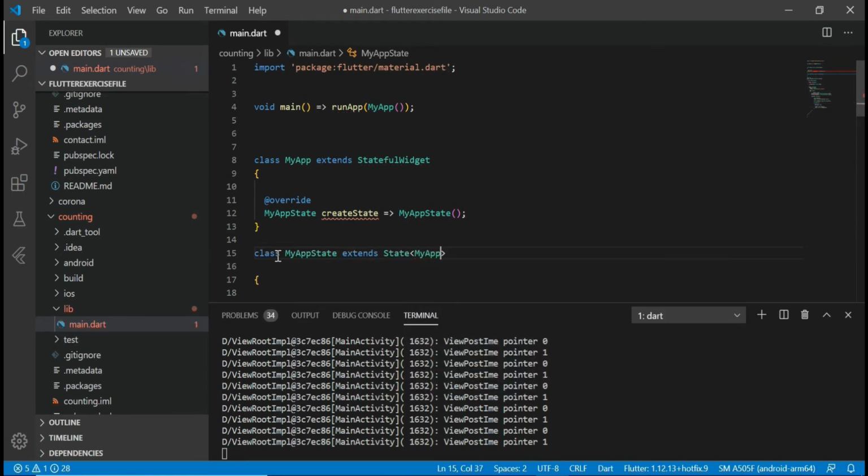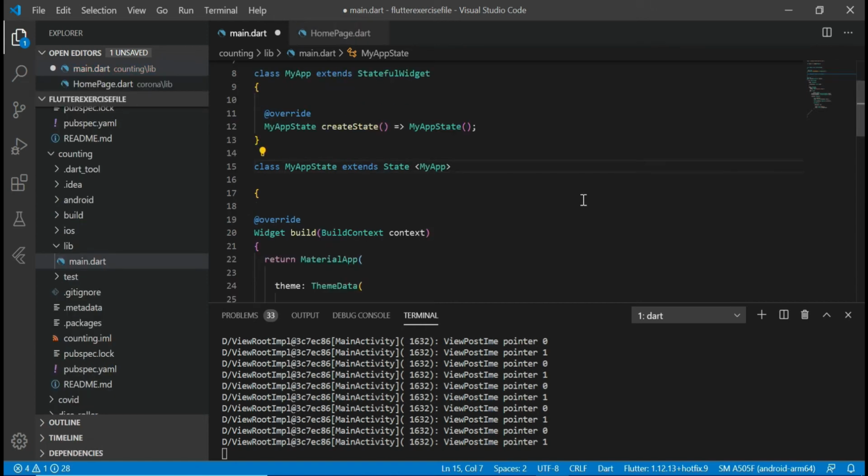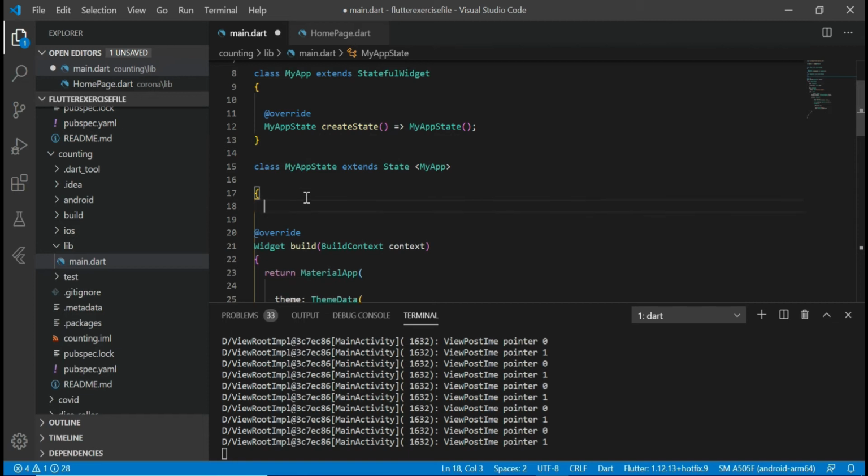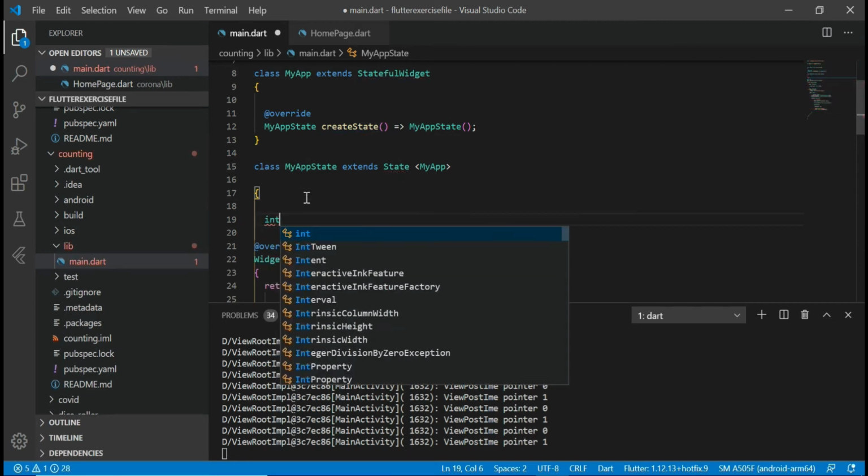Now look, the first line in which we extend StatefulWidget is kind of a dummy class. It won't perform any work. And now look at the third line, which is my app state. This is the class which maintains all the states of the widget. And this second line, createState, means whenever we are creating state of a widget, this class creates its state. And now you will ask, what is state? Just wait, I'll tell you. Watch this video till the end, and all your doubts will get cleared.